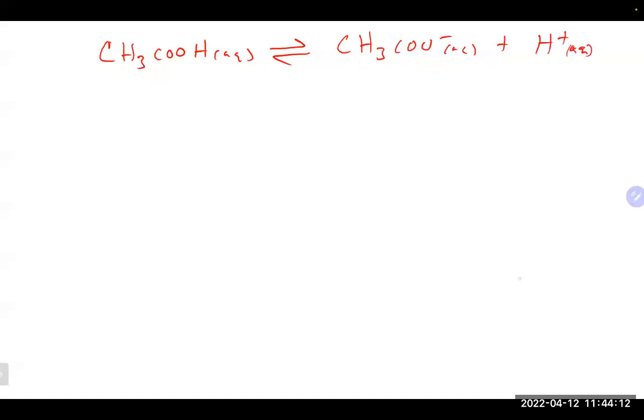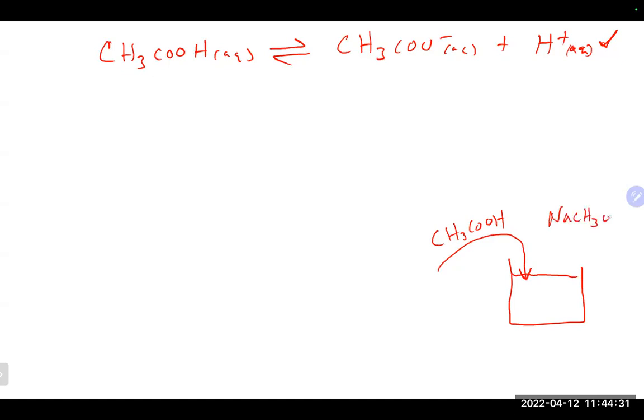So now if we had a beaker where we dumped in some acetic acid, it would obviously set up this equilibrium. Now, if we take that same beaker and we dump in some acetic acid and we dump in some sodium acetate with it,